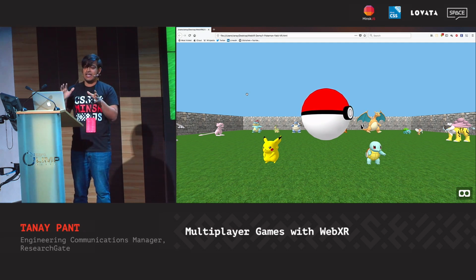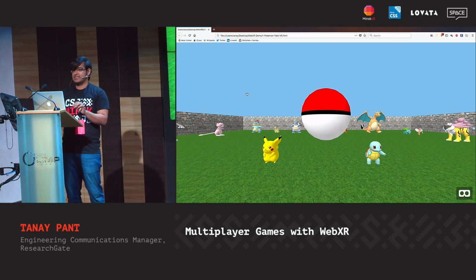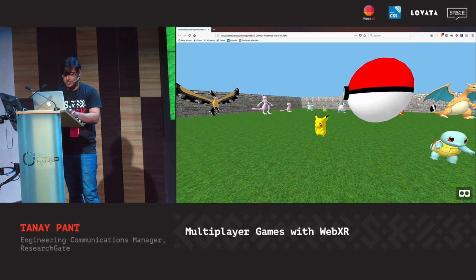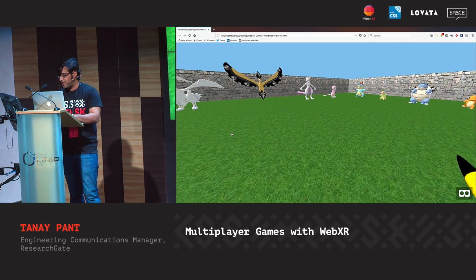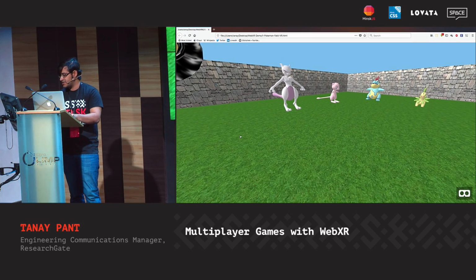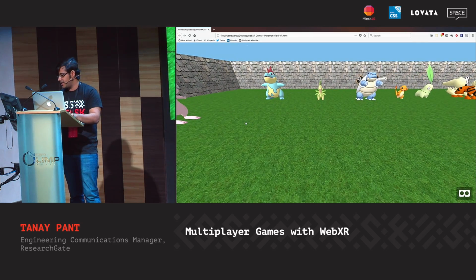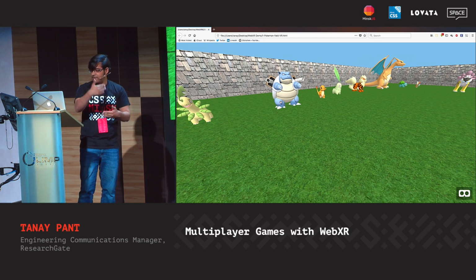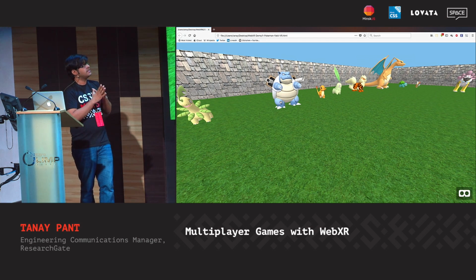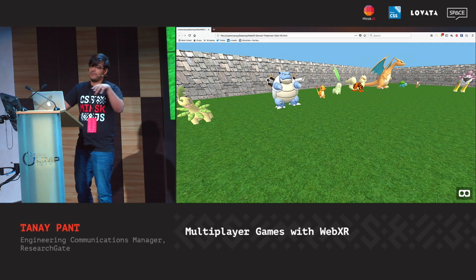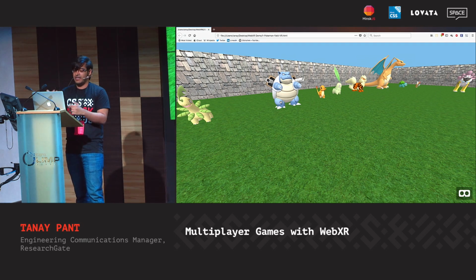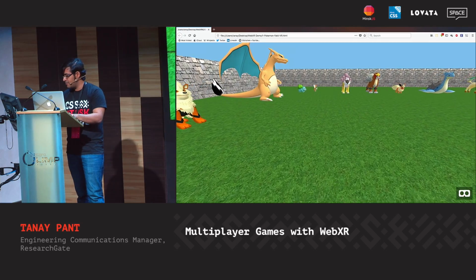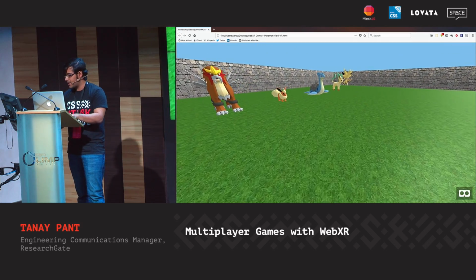And if you're using a laptop, you can use the WASD keys for moving around and the mouse for changing your field of vision. So we can move around and have a look at various models that have been included here. And if you have a look at the floor and the walls that are surrounding us, these are basically boxes which have been resized, and I have added a texture to them. So here we have the merry group of various different Pokemons.